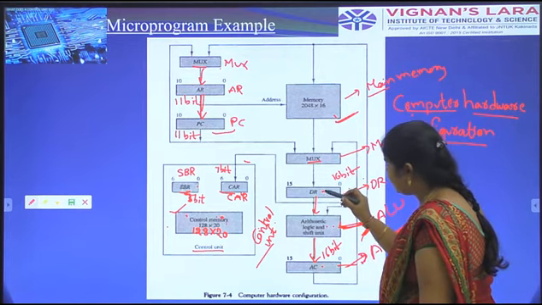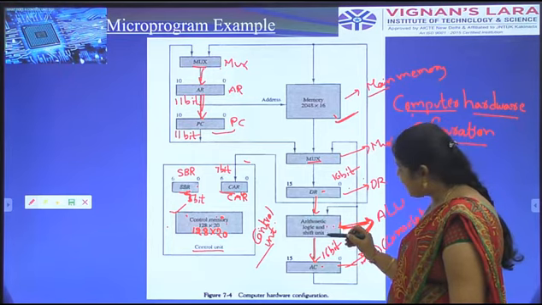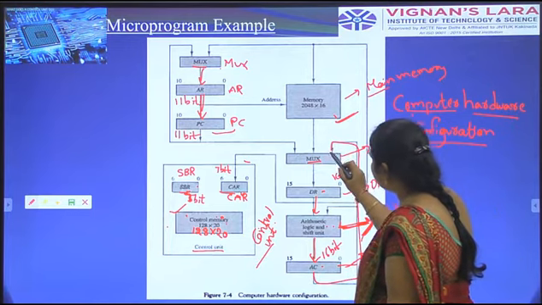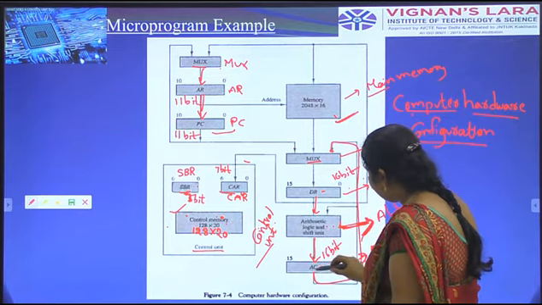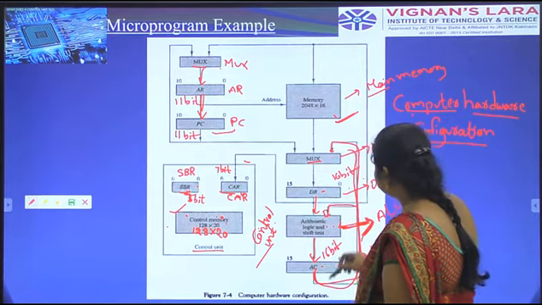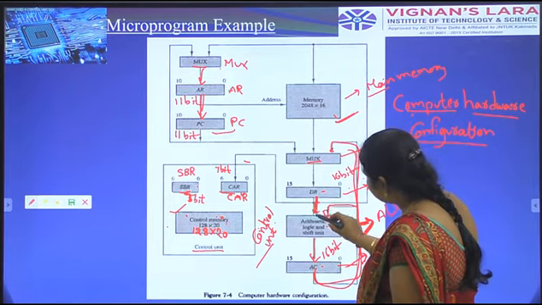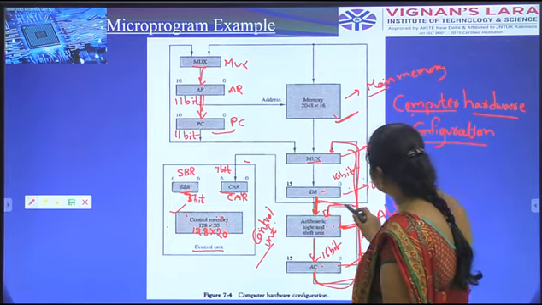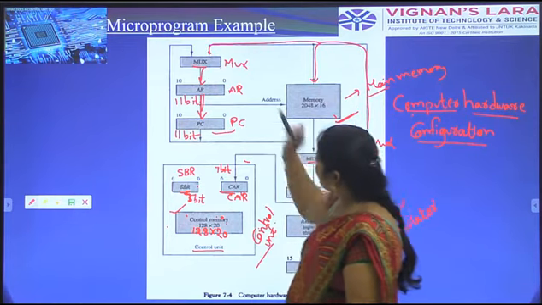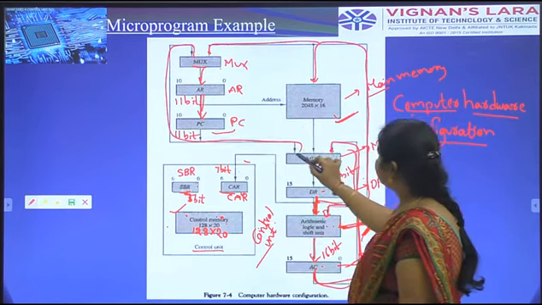The data register's information is transferred to the ALU, and the ALU performs some operation and then transfers it to the accumulator. Next, the accumulator again passes the information to the multiplexer, and also to the ALU. The data is transferred directly to the ALU and also to the multiplexer or memory, and this multiplexer transfers the information to the other multiplexer.